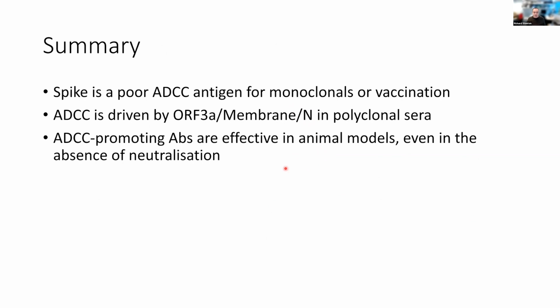But of course, up to this point, we've really been looking at our human cohorts in terms of people who've been vaccinated or people who've been infected. Over the last year or so, those two groups have merged, and now the vast majority of people have been both infected and vaccinated, having what's termed hybrid immunity. And so we thought it would be interesting to see what goes on during hybrid immunity as well.